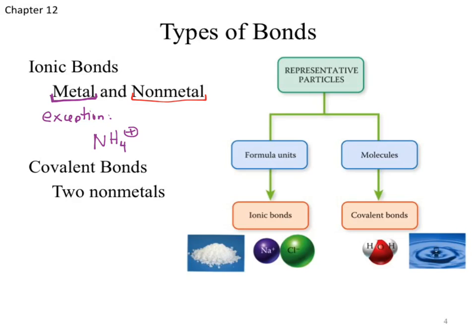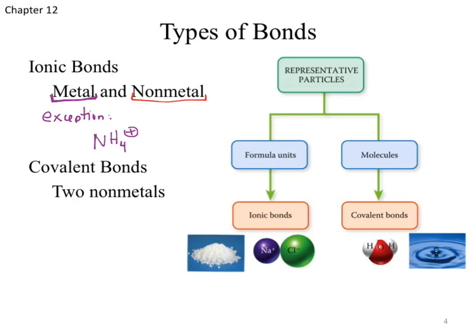Ammonium. The ammonium polyatomic ion is the one nonmetal cation that you would need to be worried about. Everything else is going to classify under that metal and nonmetal category, or you're shifting into a different type of bond, say a covalent bond. Okay? So just be aware you do have that one floating exception. If you go back to the chapter 6 nomenclature, I think I didn't even star ammonium. Pseudo-intentionally. I probably should have because it is the one exception and it does show up fairly often. So I just want you to be aware of that exception. It's not one that I'm expecting you to memorize at this point.